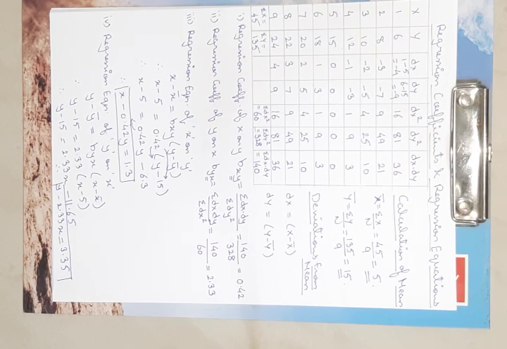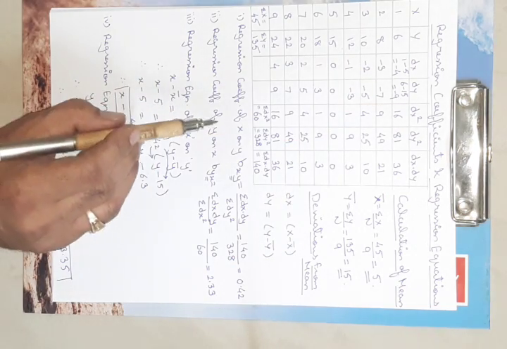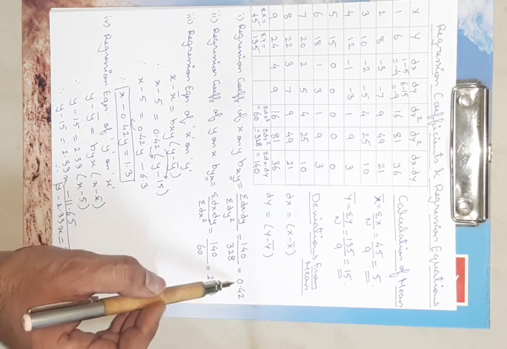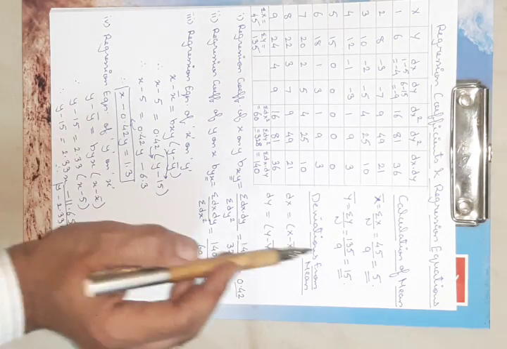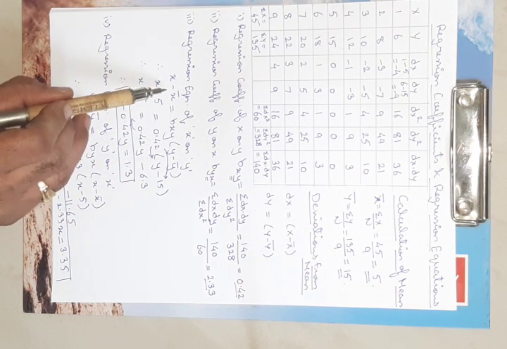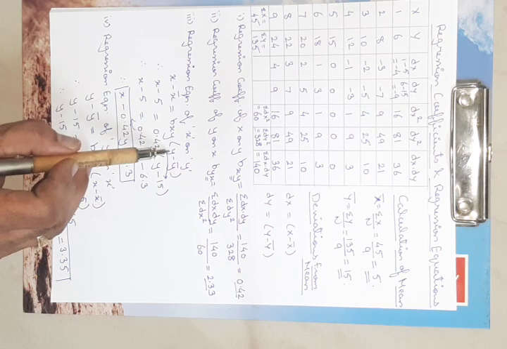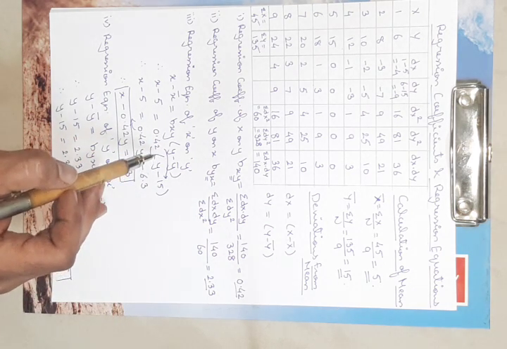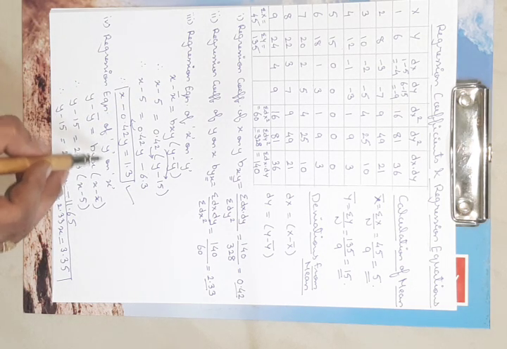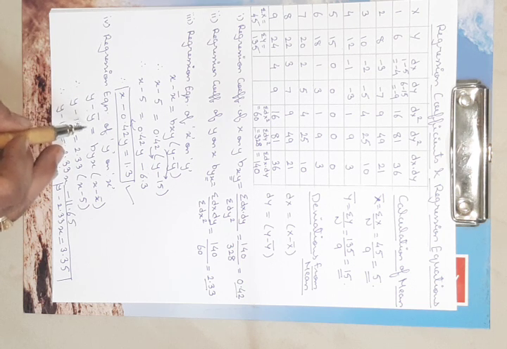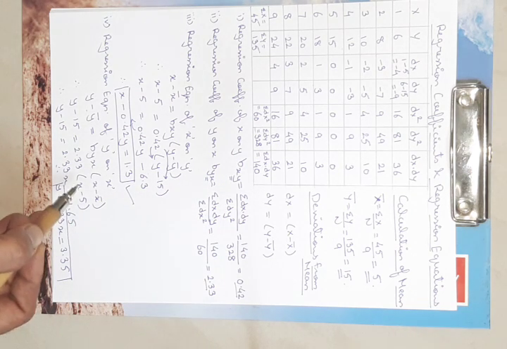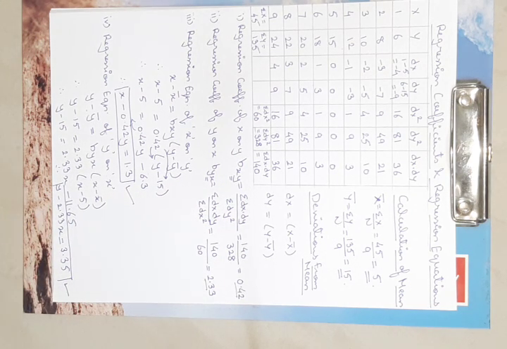So here friends, this is how we have calculated the two regression coefficients, that is bxy, x on y, and second byx. The values come out to be 0.42 and 2.33. And finally we have calculated the regression line equations. The regression line equation of x on y is given by the formula x minus x bar is equal to bxy into bracket y minus y bar. Substituting all the values, we get this particular equation. And second, the regression equation of y on x is given by the formula y minus y bar is equal to byx into bracket x minus x bar. Putting all those values, we get the final equation as this one.